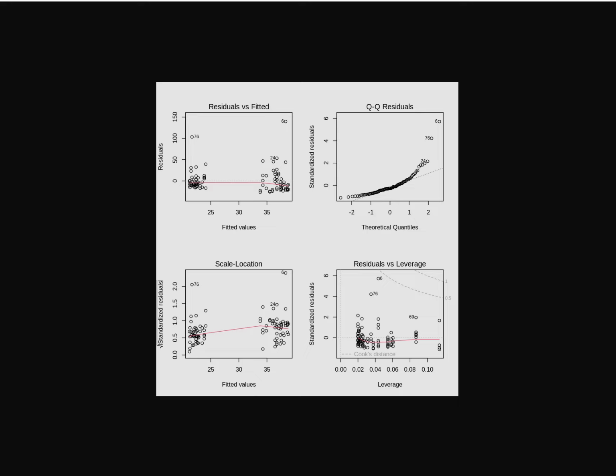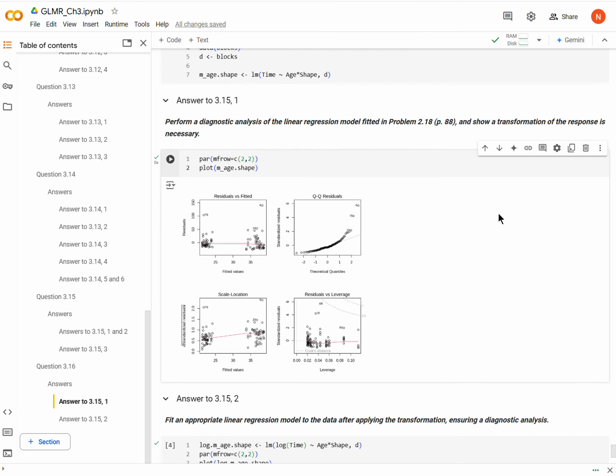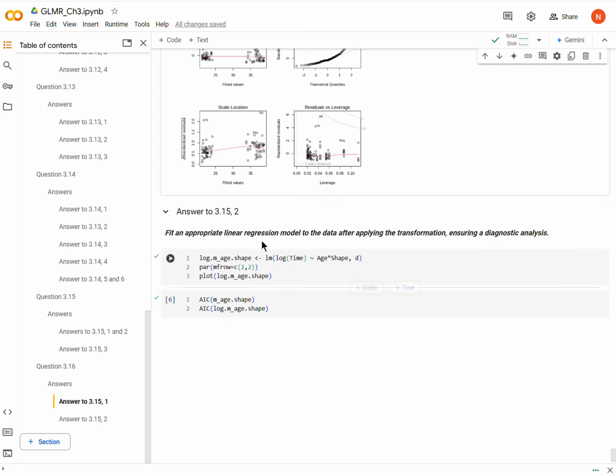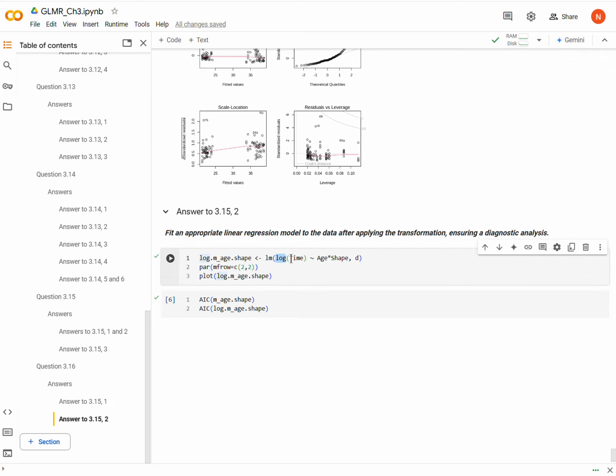So that suggests that maybe we could get a better fit if we transformed our data, which is what the question suggests. And so the first one I'm going to try here is the log. I'm just going to log time here. Okay. There's others that we could do, but square root or whatever. But I'm just going to use the log transform here. So I run this, and I'm going to check out its